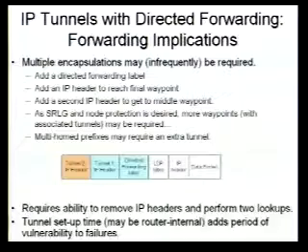For the IP tunnels with directed forwarding, for forwarding implications, you may require multiple encapsulations: a directed forwarding label, an IP header to reach the final waypoint, and potentially for some of the node repair, you may need a second IP header to reach a middle waypoint. Now again, to get from like 80% up to 98% or so, just one IP header to get to a final waypoint works. And then if you add the directed forwarding label, that'll get you to 100% for link protection.